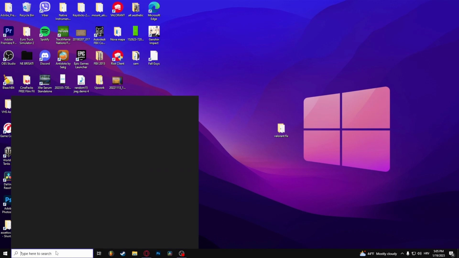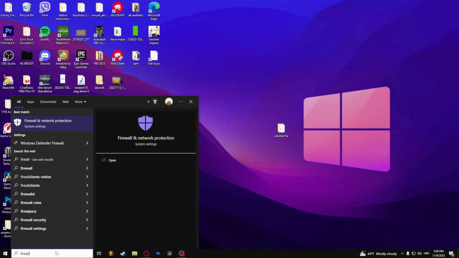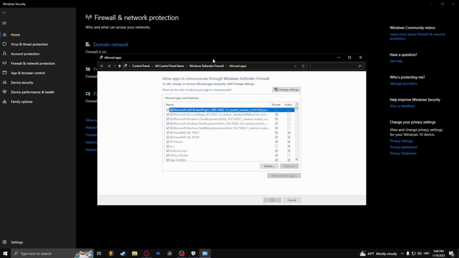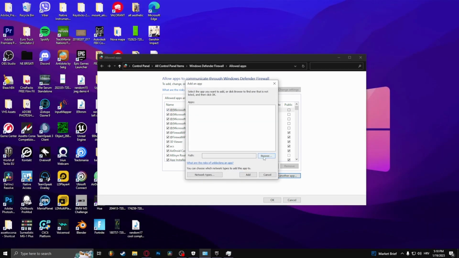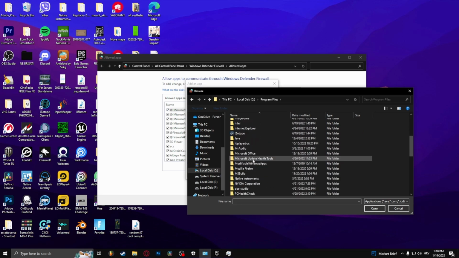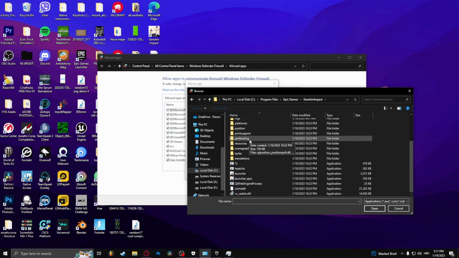So what you want to do here is search up firewall, and here find allow an app through firewall. Once this tab opens up, select change settings and allow another app. And here go to browse, local disk C, program files, find Epic Games, Genshin Impact, and